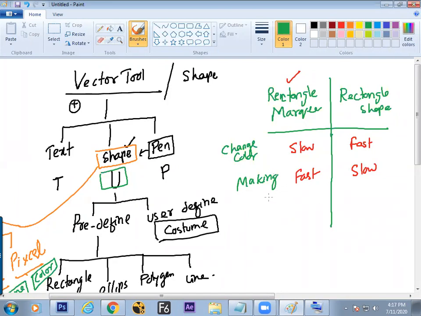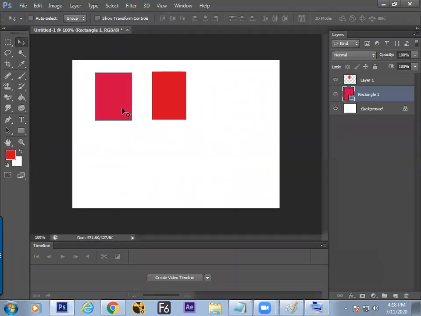Now the next. Once you make a rectangle through the rectangle marquee tool, if the client wants to modify it to a different angle or stretch it up, modification, no. But in the rectangle shape, yes, we can modify it faster. Let us see how to modify the rectangle.